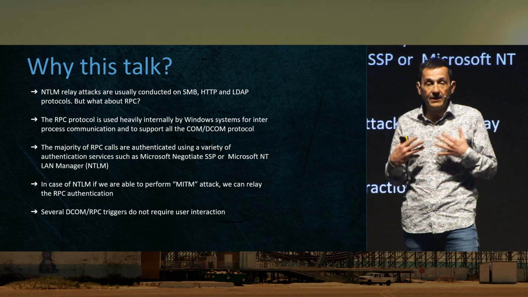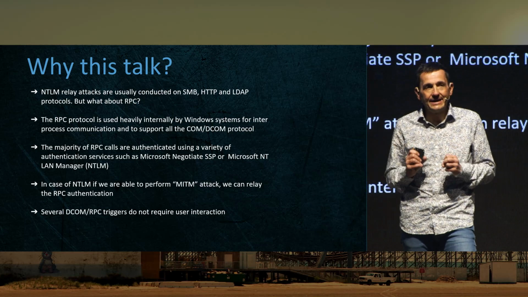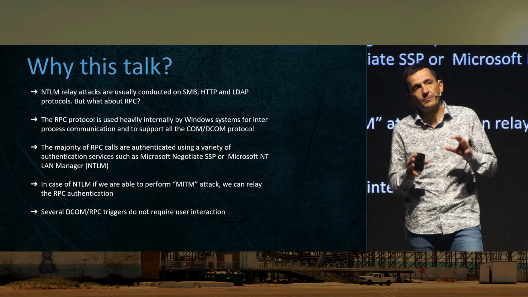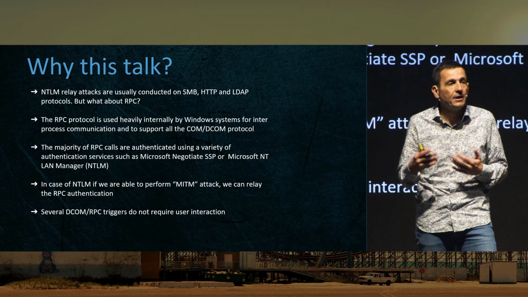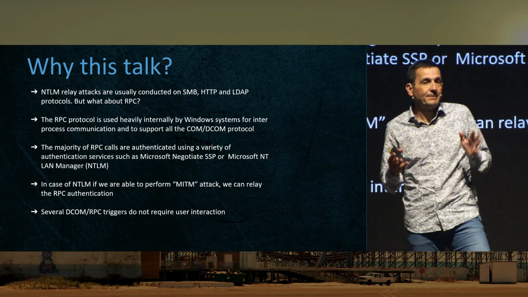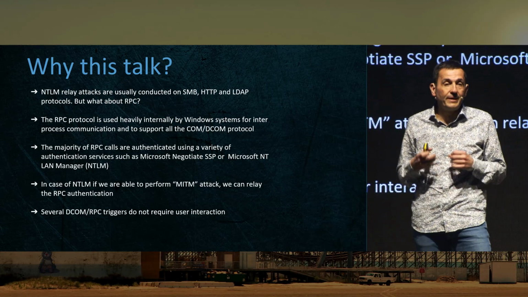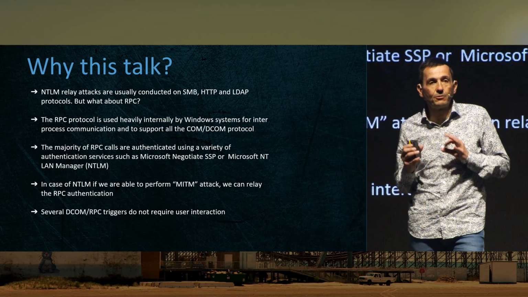And NTLM is of particular interest, because if we are somehow able to perform a man-in-the-middle attack, we can relay authentication to other services and other servers. And last but not least, there are some DCOM and RPC triggers which do not